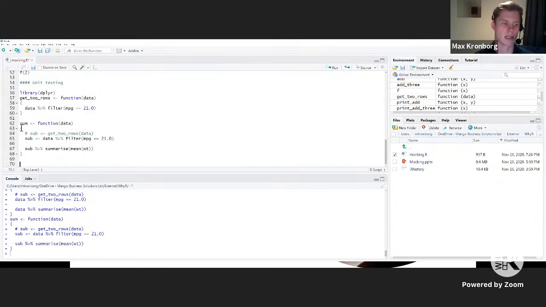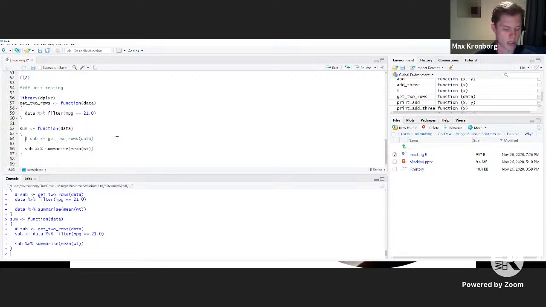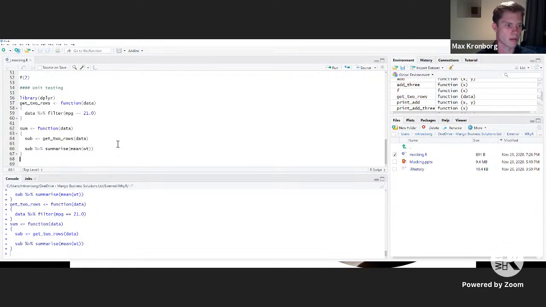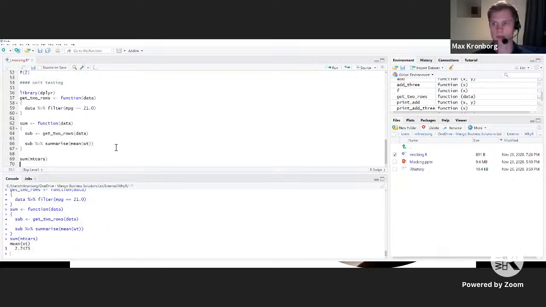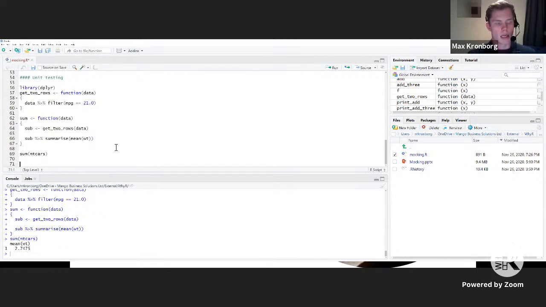The argument here would be something like, these are 2 different operations. Obviously, I've simplified it quite a lot, but to do unit testing, you should split these. In real life, you'd probably have something slightly more complex than subsetting 2 rows. But just for the sake of the example here, we're going to do it this way. So define these 2 functions, and sum on mtcars will give us a result. So if you decide to then test this, you could do something like expect a value of, well, I guess this would be a data frame, actually, this output with the mean.